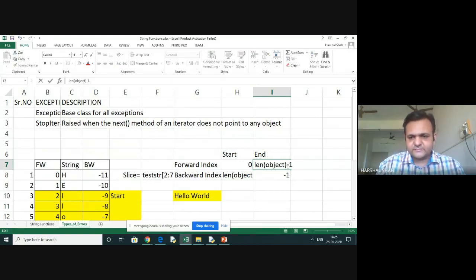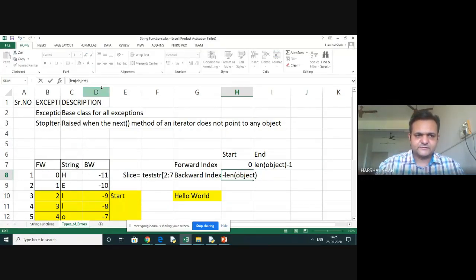Here it ends. Remember this. This is the formula. And here it will be negative, minus the length of the object.